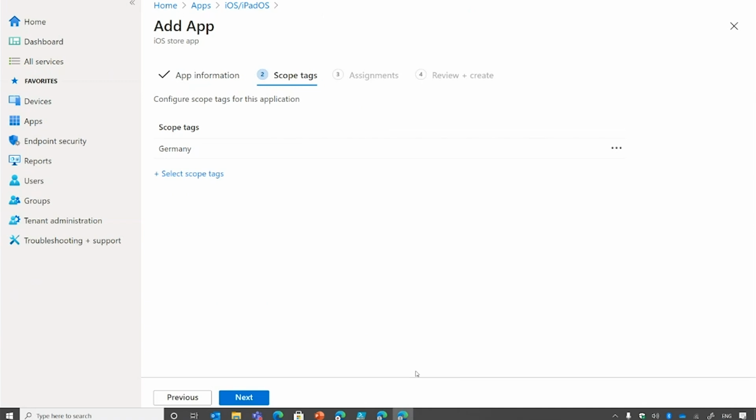Now, in the next step, we see that the scope tag Germany is automatically added for this app. This is because as part of our role assignments, we had added the scope tag for Germany admins. Hence, as we discussed at that time, any new apps that Germany admins add or any new profiles that they add, the scope tag automatically gets assigned, ensuring that they're still working in their boundary of the scope of Germany.